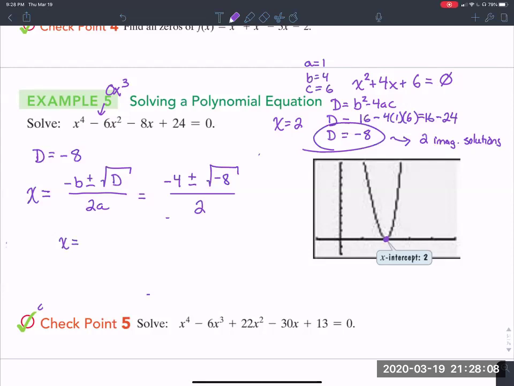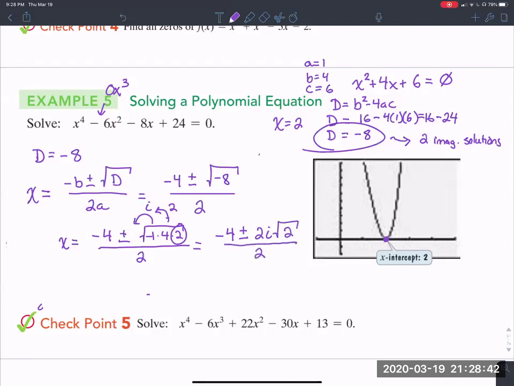So -8 can be rewritten as -1 times 4 times 2. Remember, when we pull out -1, it becomes i. When we pull out 4, it becomes 2. And this 2 stays underneath the radical. So this becomes -4 plus or minus 2i root 2